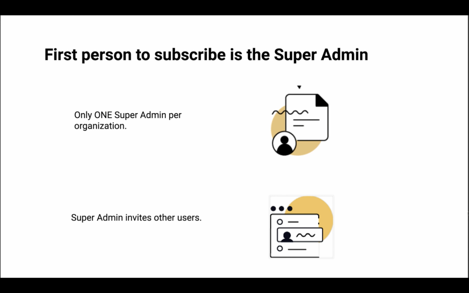For example, if there's an event coming up, then the super admin of the account will get a notification. The super admin is the point of contact for Zoho for any communication of sorts, and the super admin is also the only person who can delete other users in the account. And a super administrator can always be changed. If you think somebody is the super admin and now I want to transfer my role or privileges to somebody else, I can always go back and change the super admin.